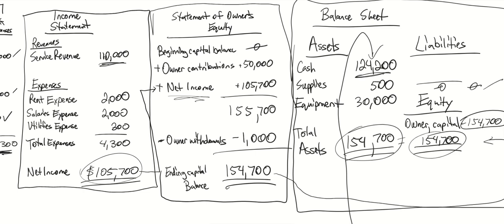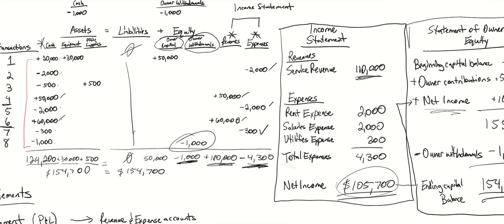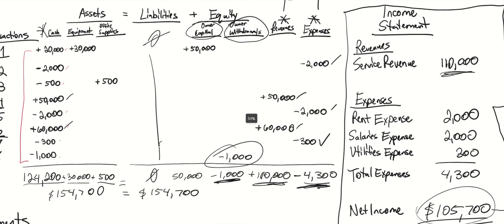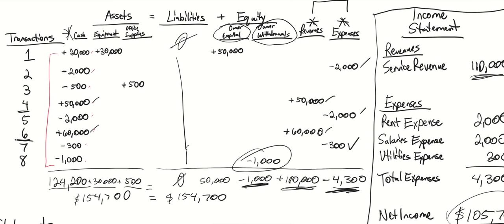Chapter 2 is where we're going to cover the recording system that is used in order to report the amounts into specific accounts in order to be able to populate or prepare these financial statements that you see here on the screen. Okay, so in chapter 1, we pretty much took the accounting equation here, analyzed the transactions